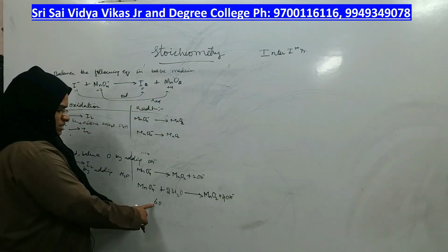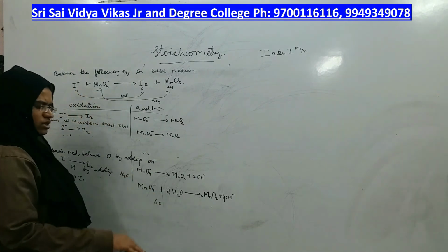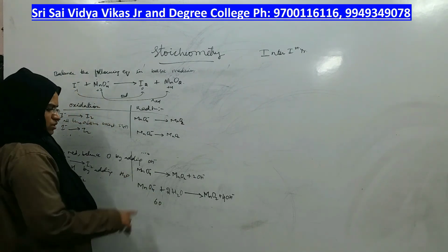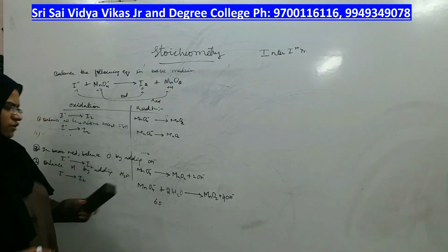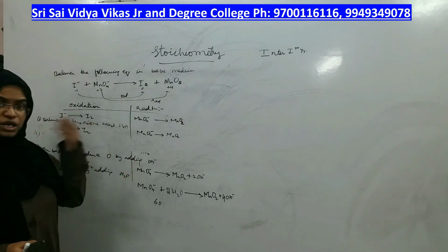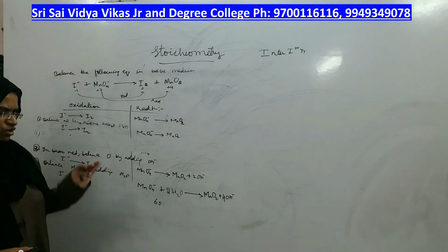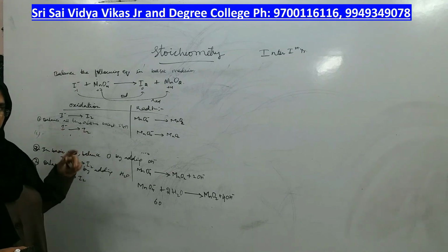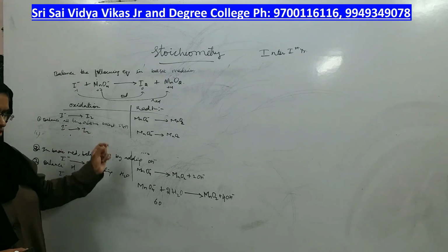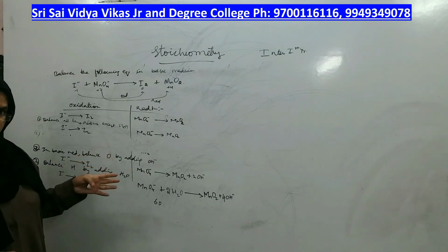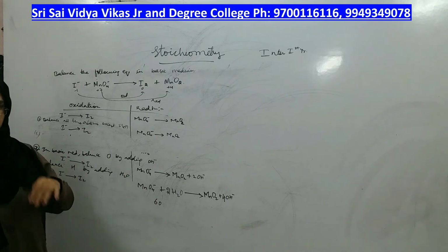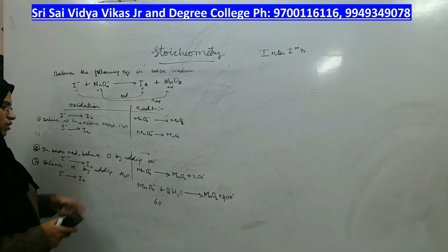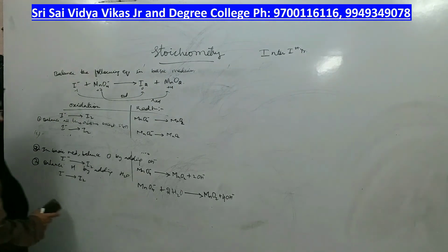Now you count oxygen, 6 oxygens here, 6 oxygens here. Now is there any difference in hydrogens or not? You check. 2 2s are 4 hydrogens, 4 hydrogens. No need. So if you concentrate on oxygen alone, hydrogen will not be balanced. If you concentrate on hydrogen alone, oxygen will not be balanced. What you have to do is, after doing for hydrogen, check for oxygen. After doing for oxygen, check for hydrogen. After doing for hydrogen, check for oxygen. So now both of them are balanced, right? Now what is the next step? Balance the charges.